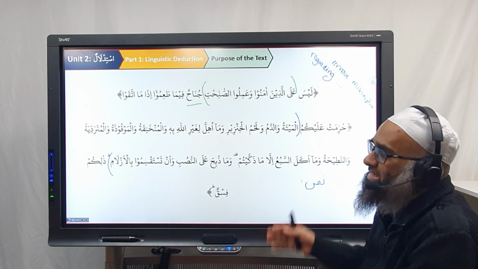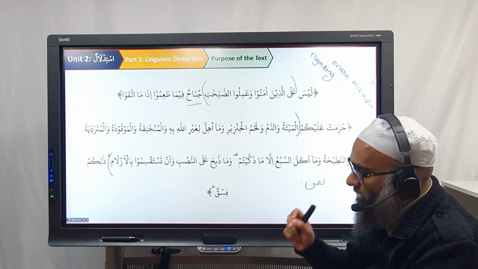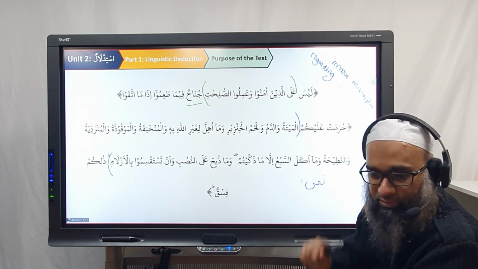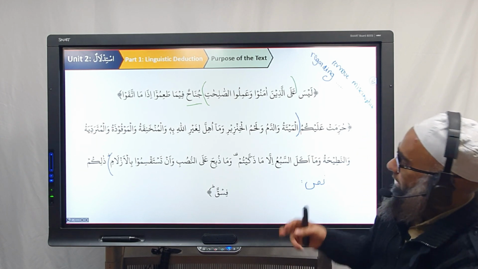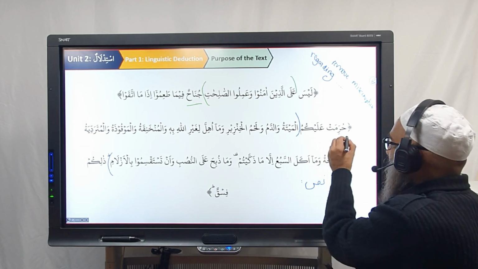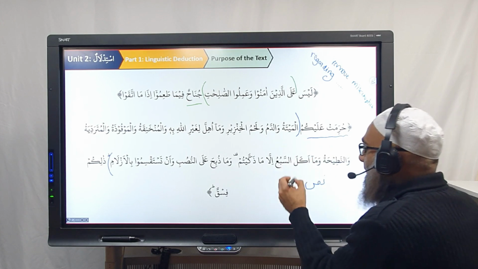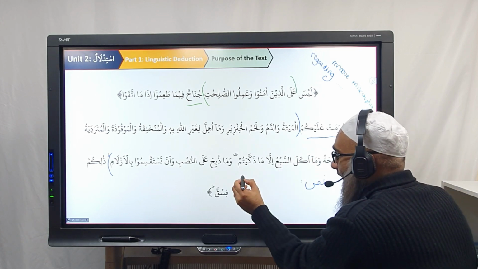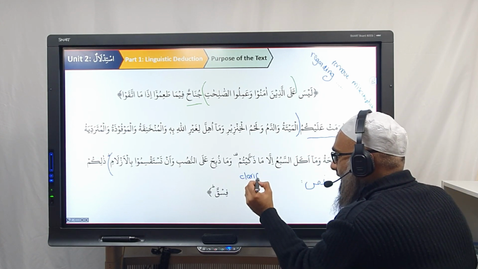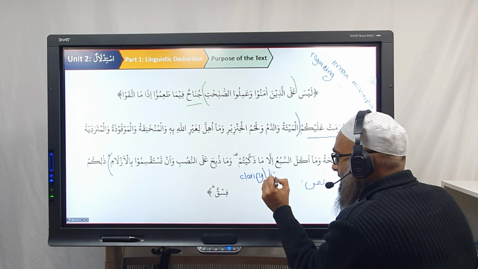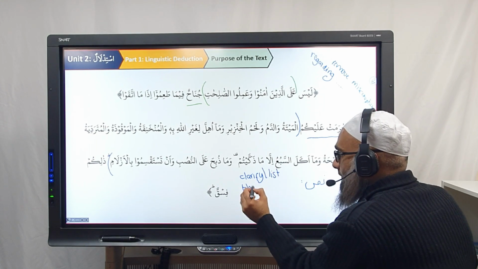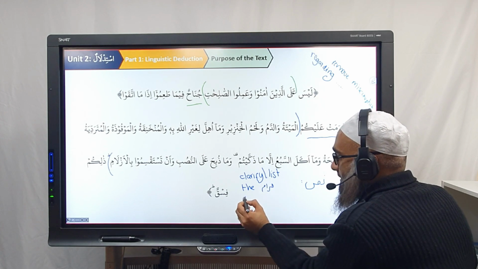So until here, look. Allah has given a list of things that are haram. Now, what? The nas and the ظاهر is not too different in here. The nas: why has this verse been brought? What was the purpose and the reason behind this verse? Who can tell me? This verse is revealed clearly. Hurrimat, like the text tells us that the purpose of this verse is to explain or clarify, or to list the haram items.